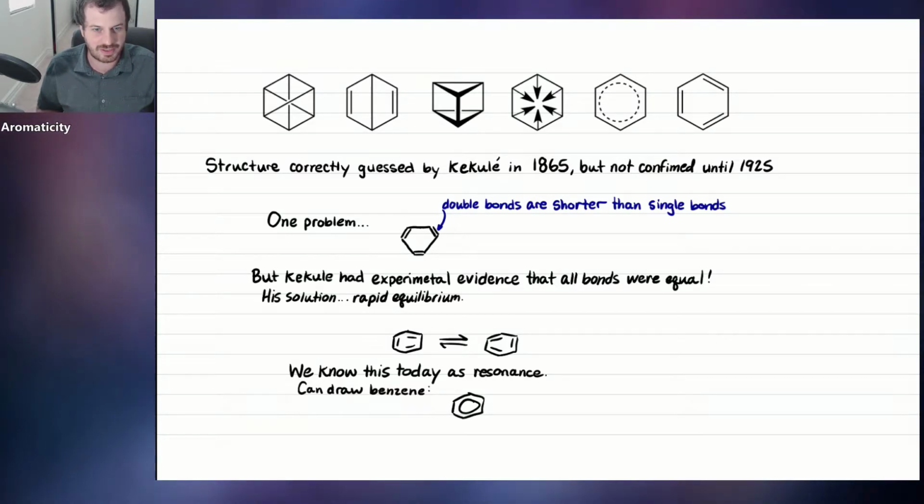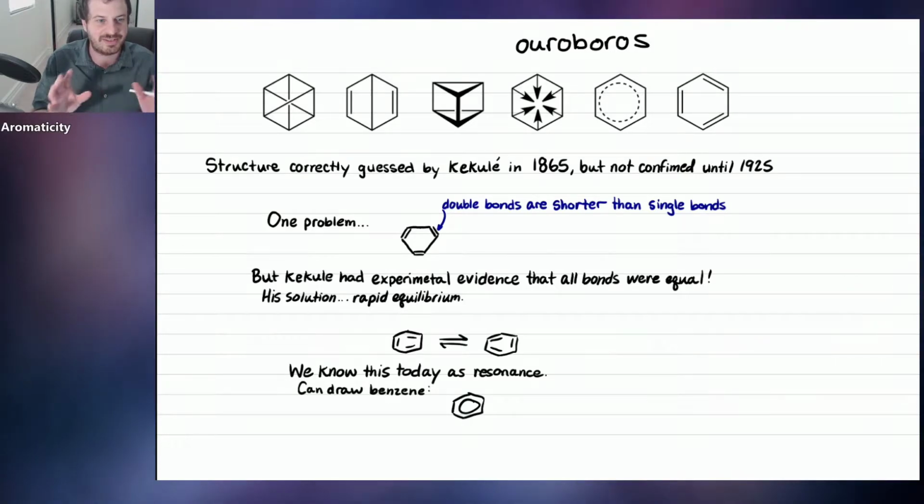But it turns out that Kekule had a dream about a mythological creature, maybe it was a nightmare, called the Ouroboros. Go on Google and search for Ouroboros. I think it's spelled O-U-R-O-B-O-R-O-S, something like this. I may be botching the spelling, but I'm sure autocorrect will figure that out. So the Ouroboros is a mythological creature. It's a snake that eats its own tail. And so it kind of is a metaphor for the circle of life. It's a snake that's always eating its own tail.